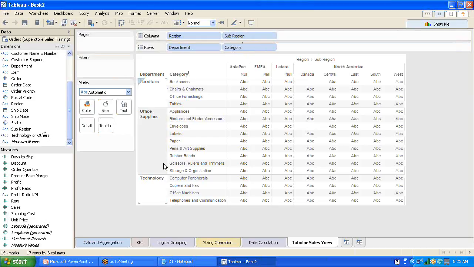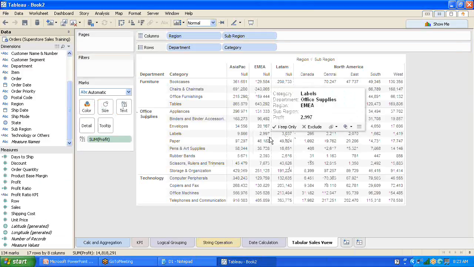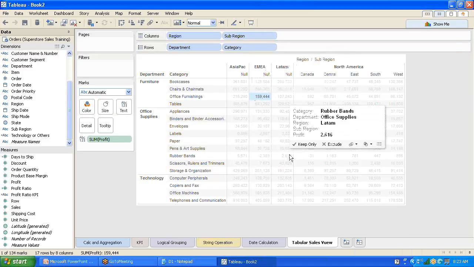So you have sub-region here, and let me see the profit on the text. So now you see that automatically it pulled the profit into this highlighted section in the cell. Okay, now if you want to